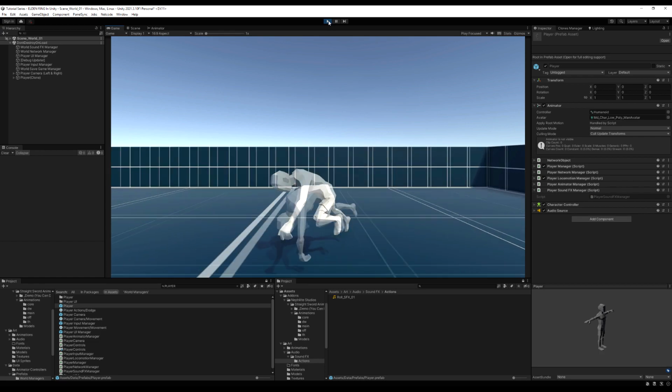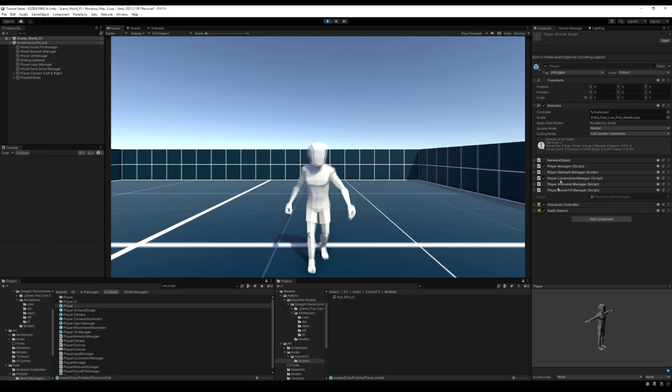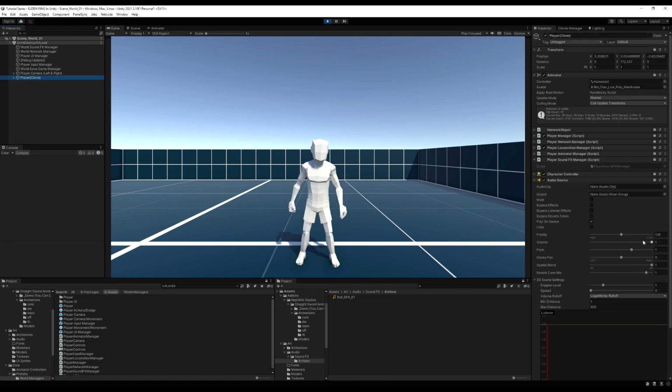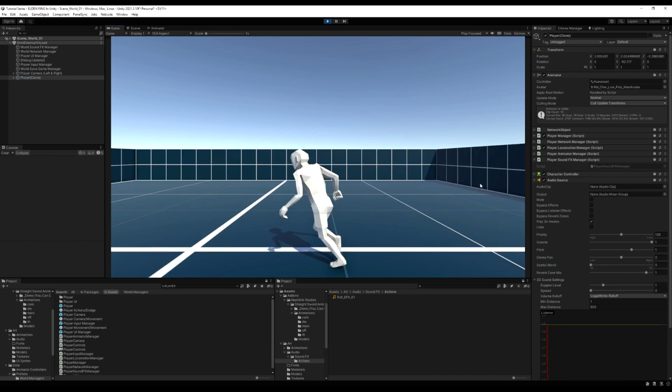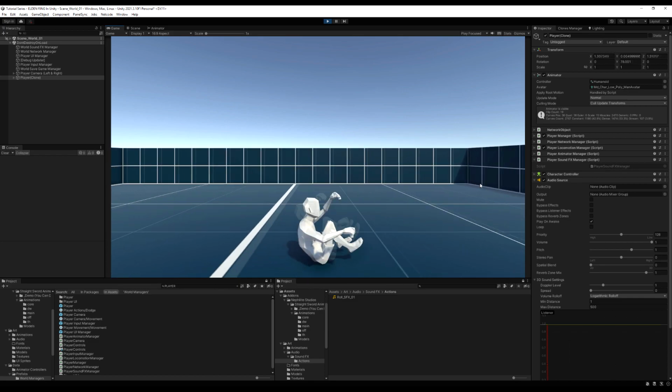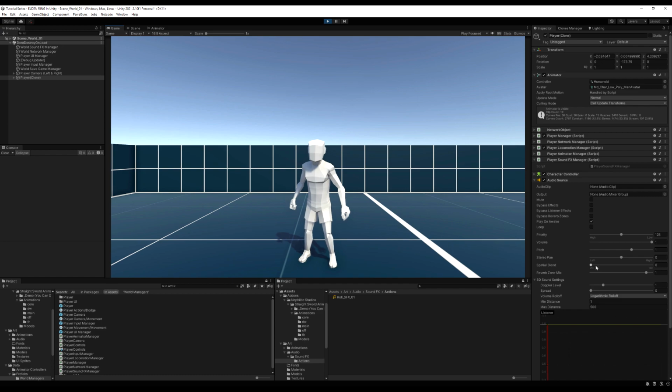If I start the game and roll around, I know you guys can't hear it because I'm not recording system audio, but at that specific frame, I'm actually playing the rolling sound effect. You can also come to the audio source here and tweak the settings for how far you want this to be heard from. And you can make it non-3D if you want, so it can be heard from everywhere. But I definitely wouldn't recommend it because then you'd hear everything from everywhere all the time.